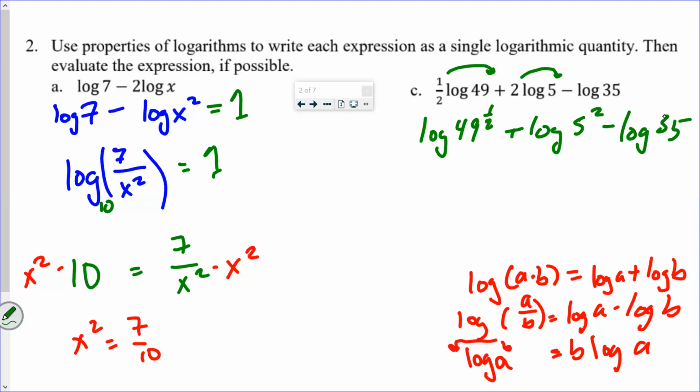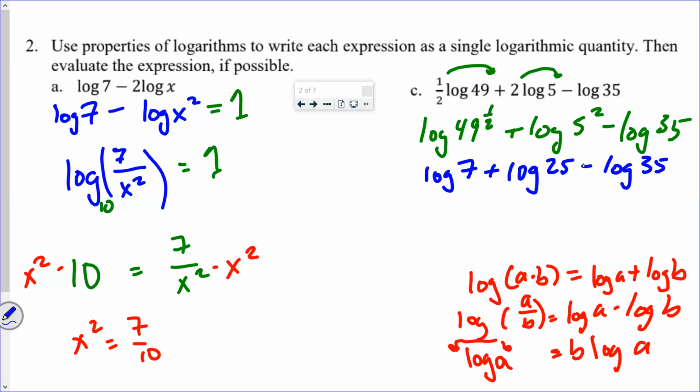And if ever there's a time that you can actually find the log of it, like log of 10, make it 1. For example, here, the log of 49 to the half, 49 to the 1/2 is the square root. So it really becomes the log of 7 plus the log of 5 squared, which is 25, minus the log